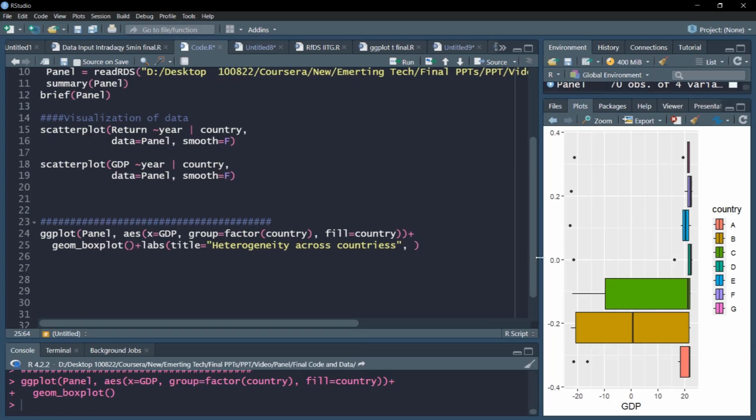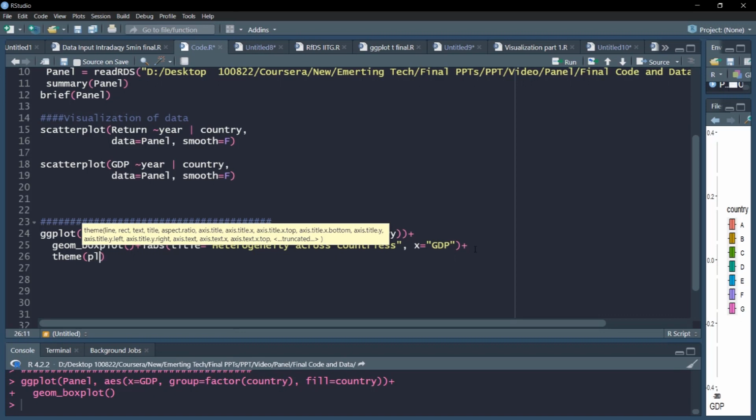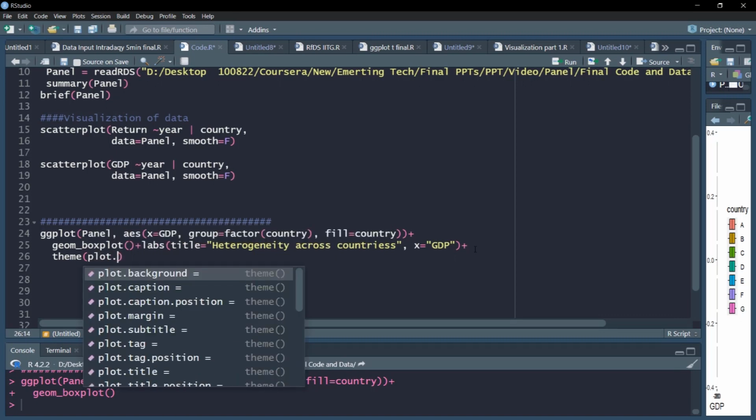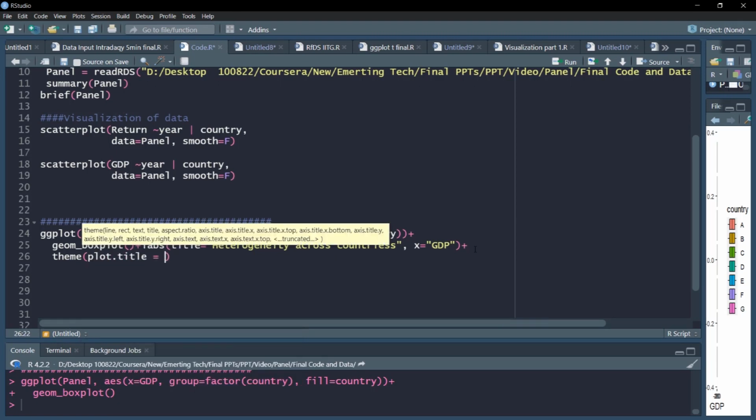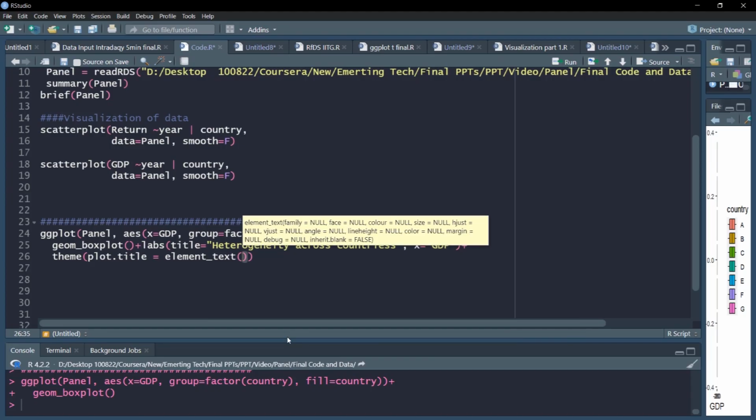Let me minimize the plot window a little so that I have some more space. So x equal to GDP, so on the x-axis I have my GDP. This is the third layer I have added. Next I'll add theme, where I'll specify some more properties of the plot. First, the title. There's a very useful command, element_text, which will help me choose the font and size.